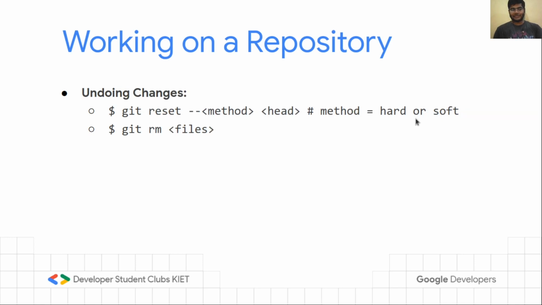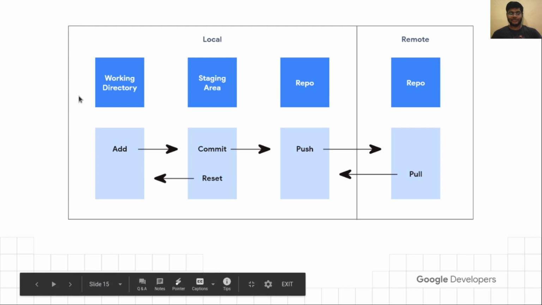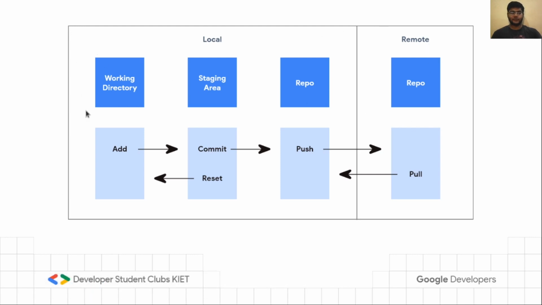So we have reached our next stage where we are undoing some changes. Now we have played with resetting our changes also. So let's move forward. This was the whole summary of the commands that we have used till now. Firstly we have a working directory, we add our changes, and these changes will be moved to our staging area. We commit our changes, and they will move to the local repository. We will connect with remote later. If you are in the staging area and you do a reset, your changes will be moved back to the working directory.